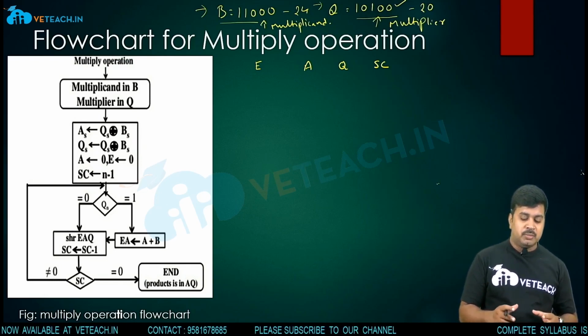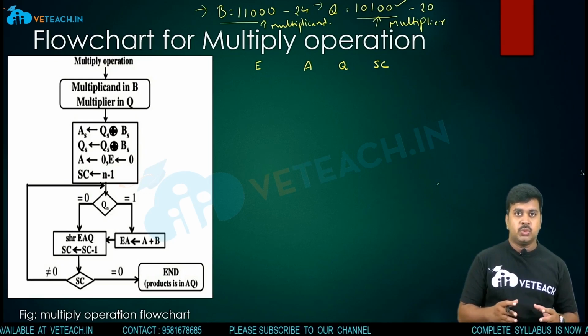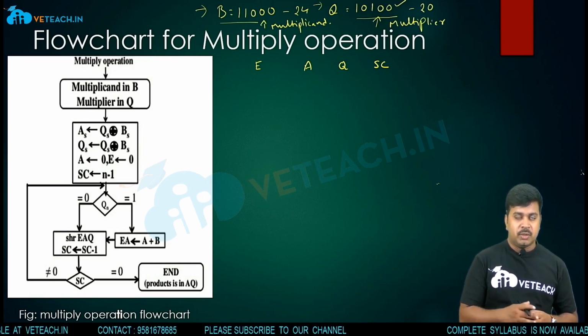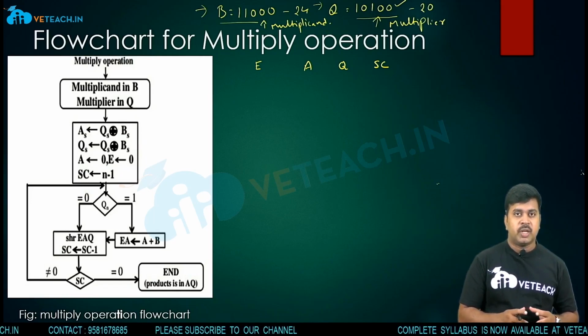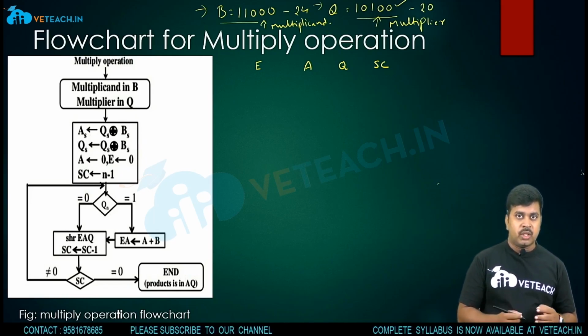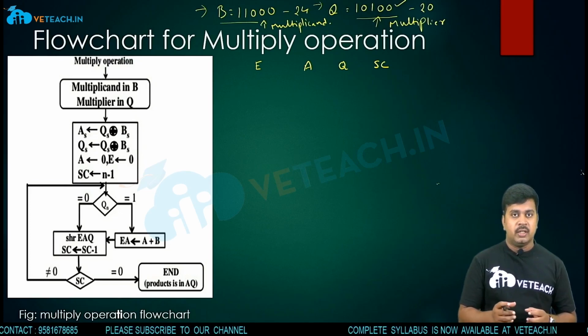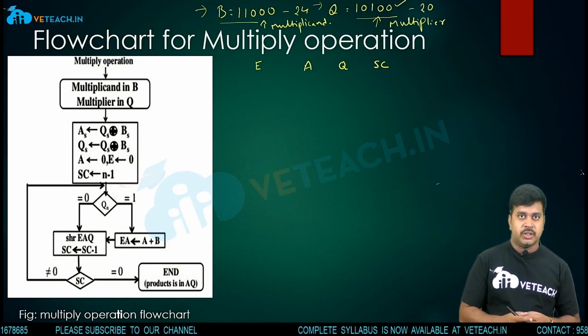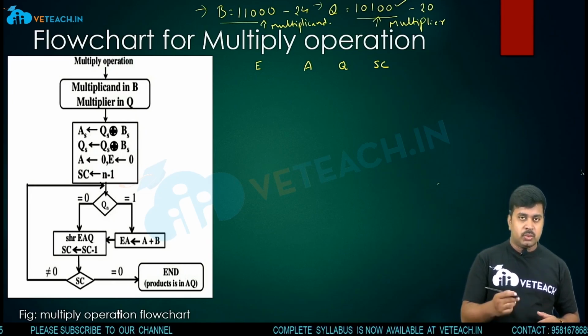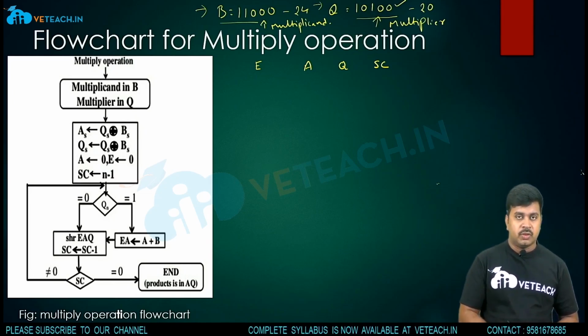As per the multiplication, you have to multiply the two numbers, but in the computer arithmetic flow chart, we are not going to multiply any numbers. Simply we are shifting right, and adding two operations will be performed after checking some initial conditions. Okay, so we are going into this actual flow chart.